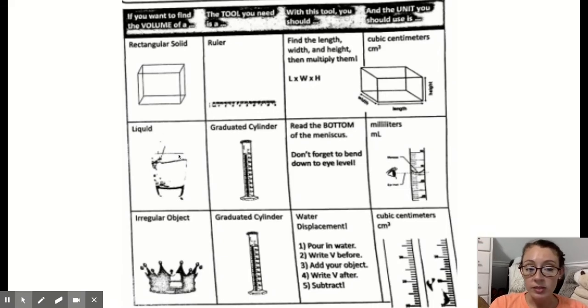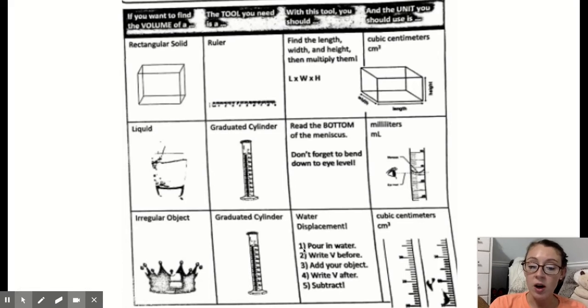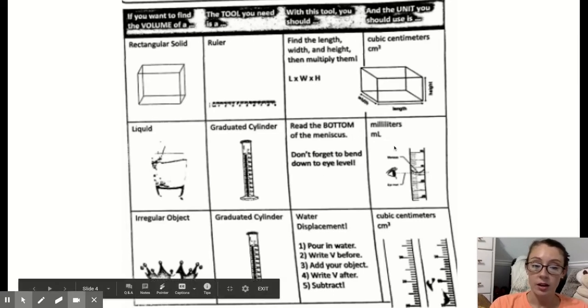To find the volume of a liquid, you use a graduated cylinder and you put the water in there and you see where that water comes to. And it kind of has a nice little dip in it just because of the stickiness of the water molecules. And then I have an irregular object by water displacement, which is what we just did. So you put whatever the object is in the water and then you subtract the different amounts, okay? So this is kind of like your cheat sheet for your volume. All right, now